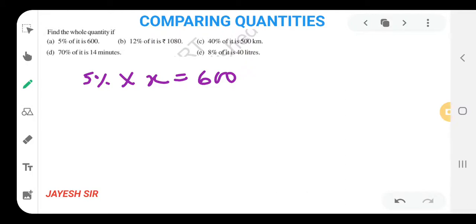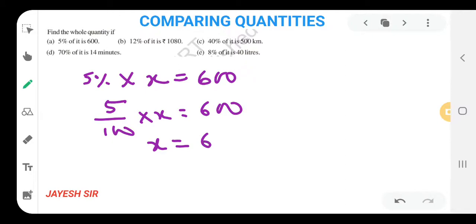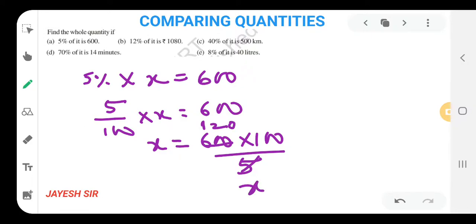So we are going to solve now 5%. To remove the percentage sign, we are dividing by 100. x as it is, now 600. As we know that 100 is in division, after going this side it will be in multiplication. 5 is in multiplication, after going that side it will be in division. 5 twos are 10, you can do like this. Otherwise, the second step what you can do is 5 ones are 5. In this way, now 120. So 120 into 100, which will directly give you rupees 12,000. That could also be the method you can use. Otherwise, you can use that method also. Whichever is feasible for you, you can use and find the answer.